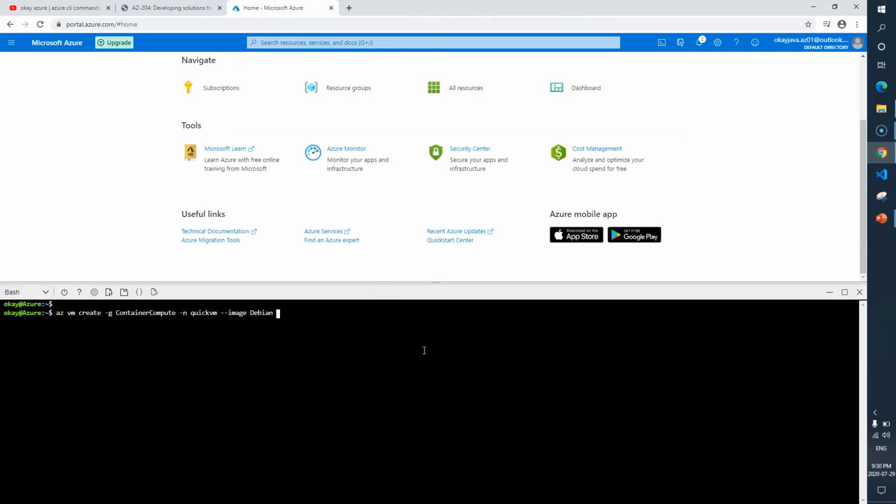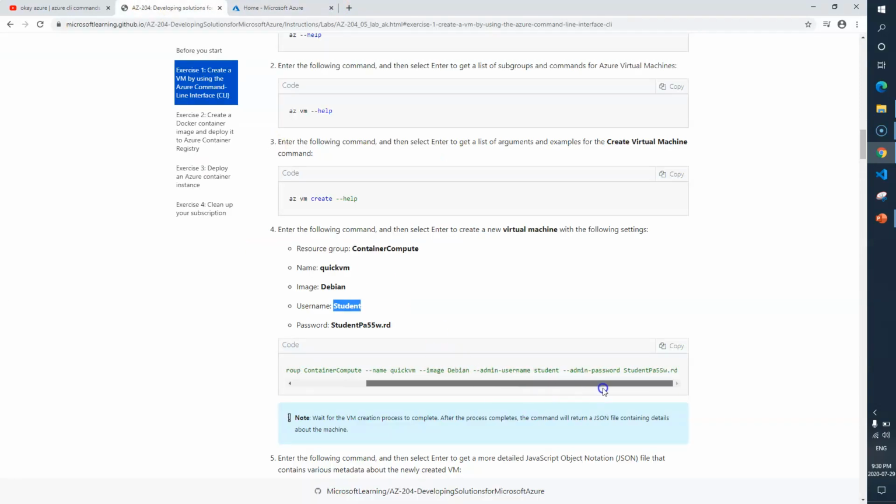Next you need to mention the username. The command to mention the username is --admin-username. Sorry, and paste. You need to give the password. The command to enter the password is --admin-password. And here is your password.